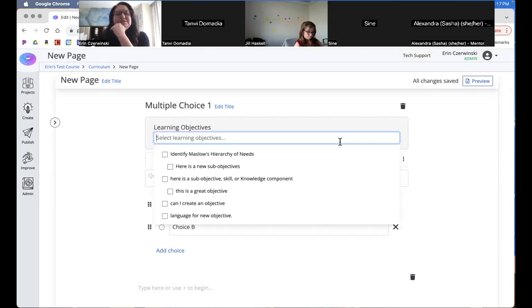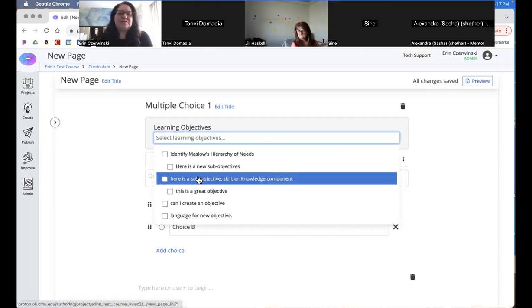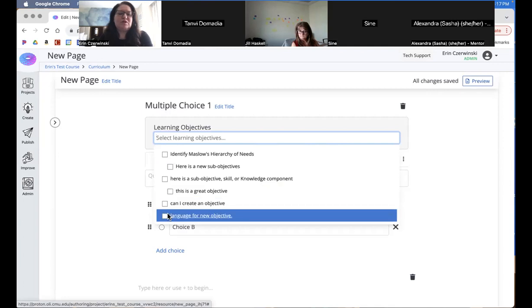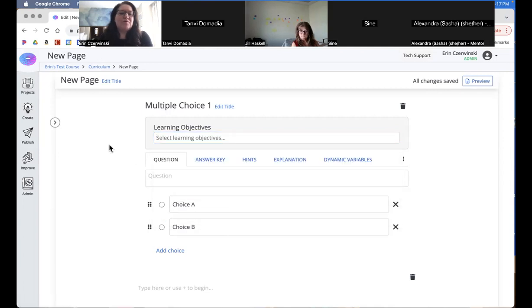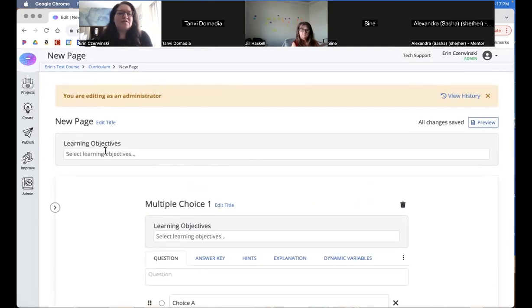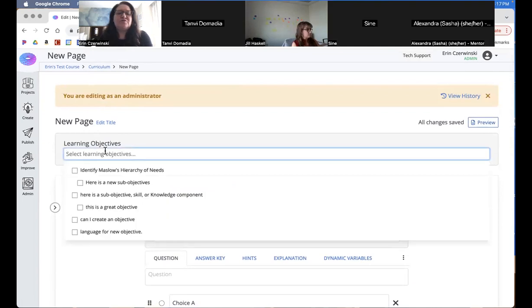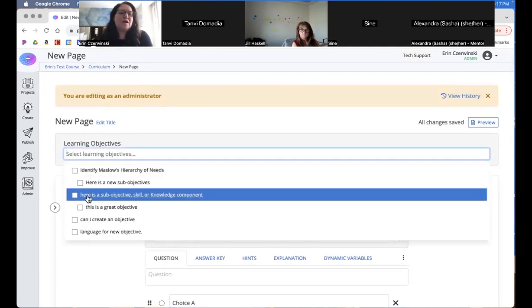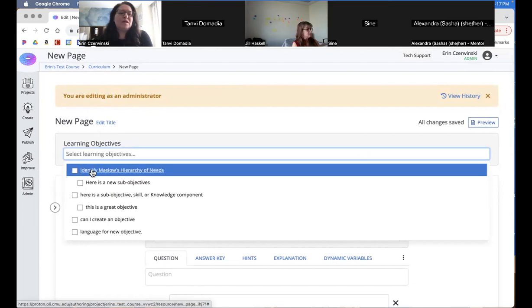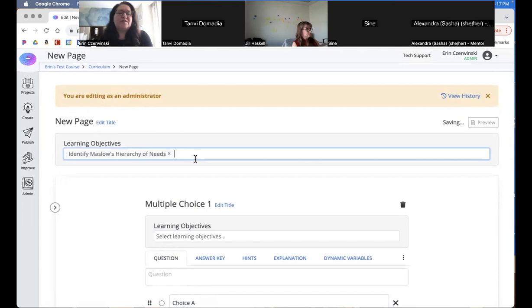I would suggest that if you tag it to a skill or a sub-objective, you only have to select the sub-objective. I would also suggest that you put learning objectives at the top of your pages. And for those, I would select the learning objective at the level of the learning objective.